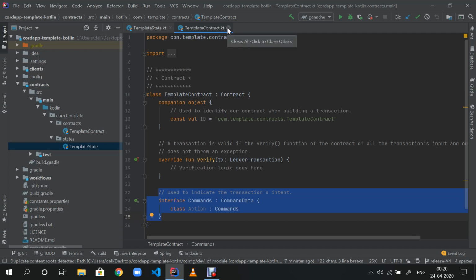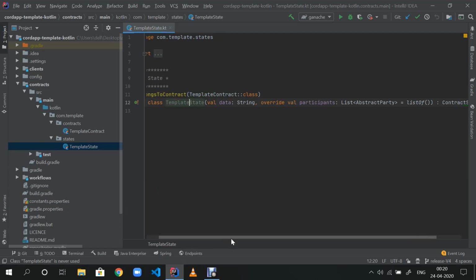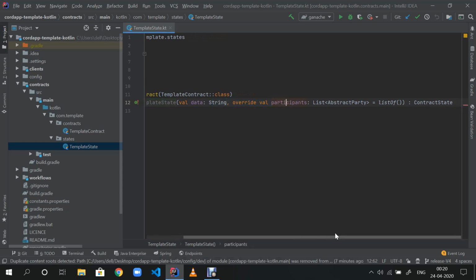We will look into each and every detail in further lectures, but I am just giving you an overview of what the structure of a Coda app is. Okay, so this template state, example state, holds data, participants, and is of contract state type.